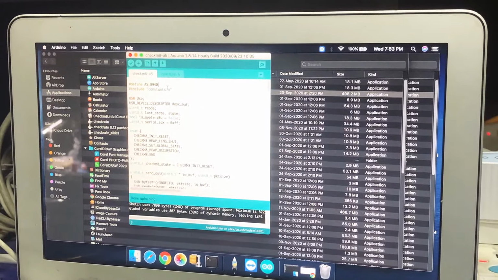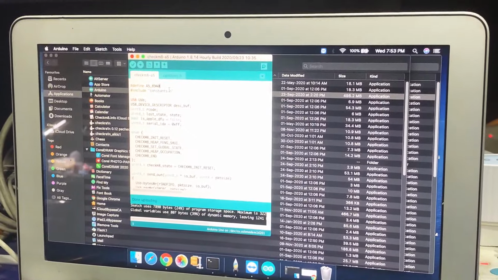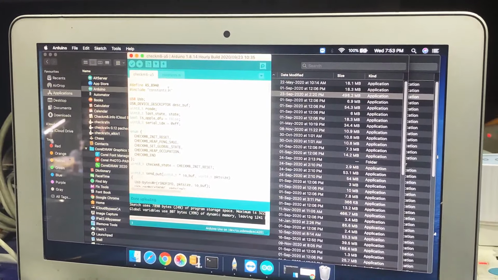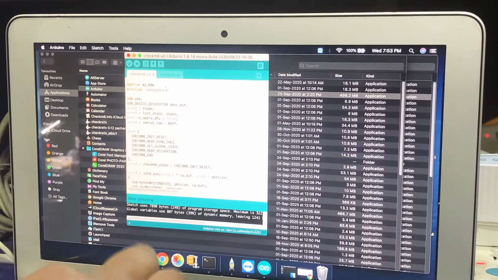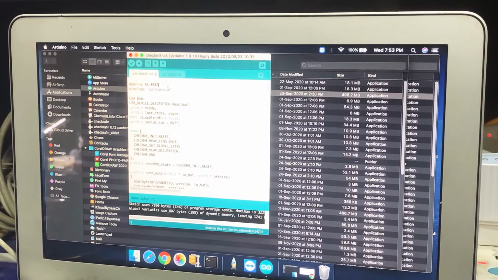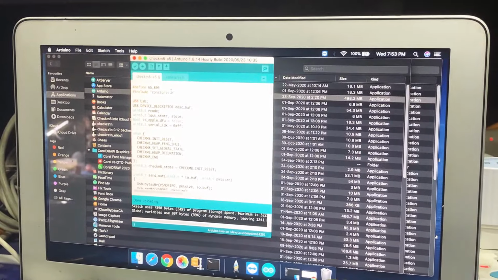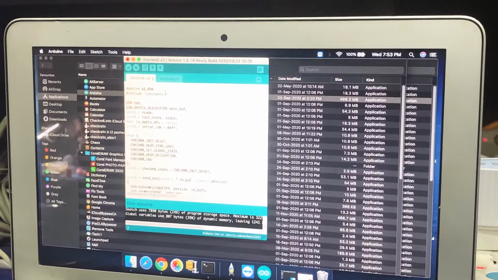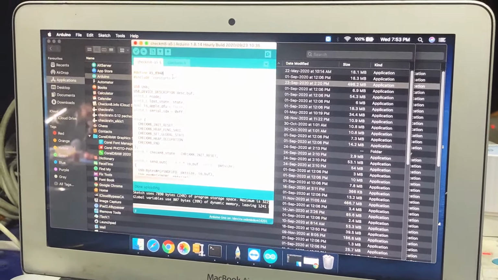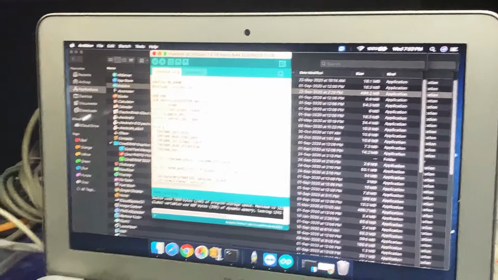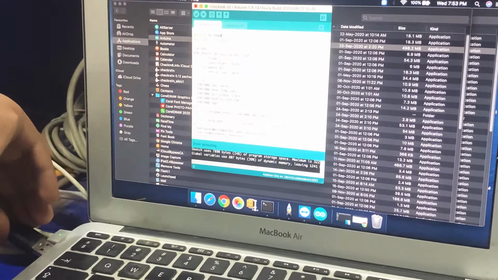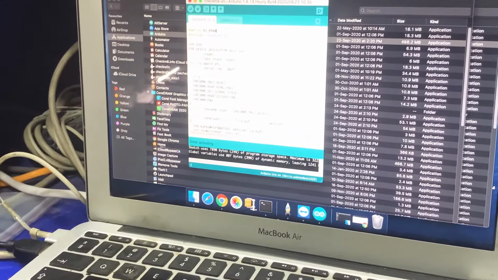As you can see, our chip ID is 8940. If your chip ID is different, then you have to enter that, for example 8942. So our chip ID is 8940, so I write 8940 here. Now we have to flash this firmware into the Arduino by cable.